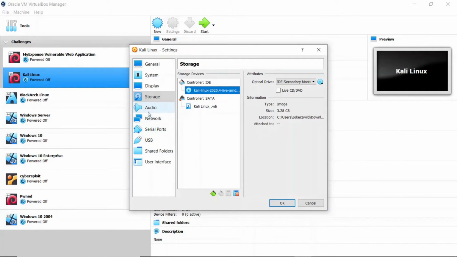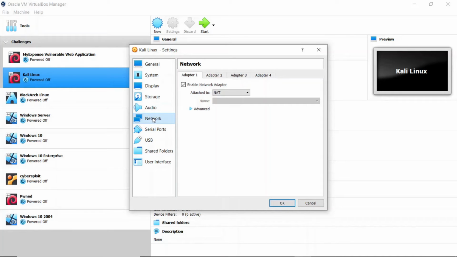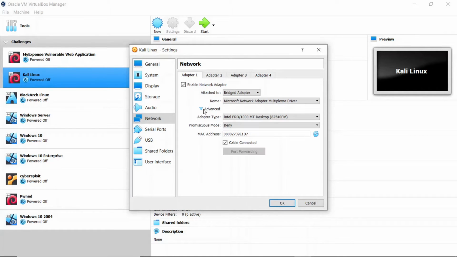All right, so now you want to click on audio. That's fine. Go here to network. Now I'm going to install some network keys, so I'm going to give it access to the outside world, and you want to click on bridged adapter. Okay, and then you want to go to promiscuous mode and allow VMs,